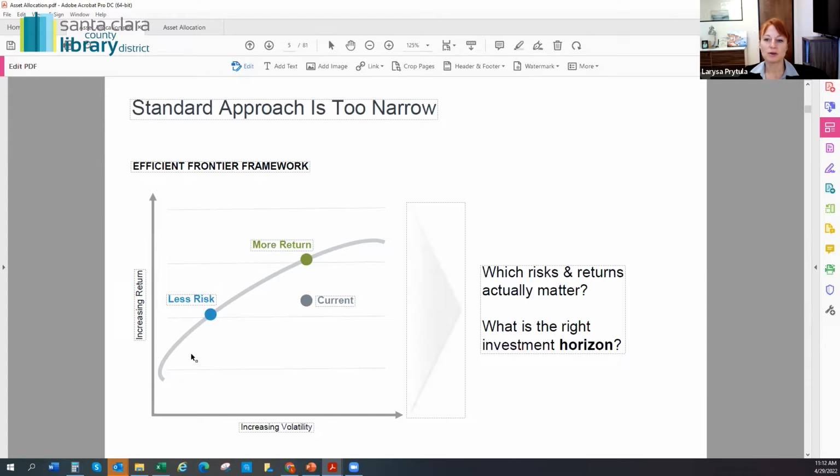The efficient frontier is basically saying how do we optimize risk and reward, and where should we put our portfolio? So if your current portfolio is this gray dot, it means that it's not sitting on the efficient frontier. Efficient frontier is where you're taking so much risk to get so much return. The explanation to that would be, for instance, I took a lot of risk to put all my money in Tesla stock, or in Microsoft, or in NVIDIA. And I expect, because of this huge volatility and risk, a lot of return. So risk and return have to go hand in hand.